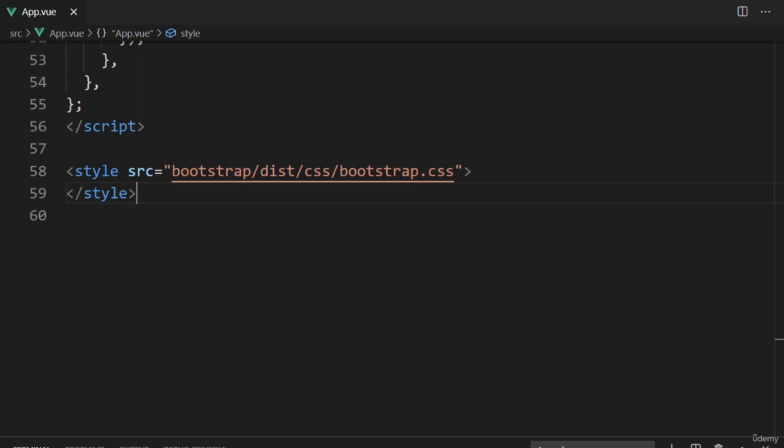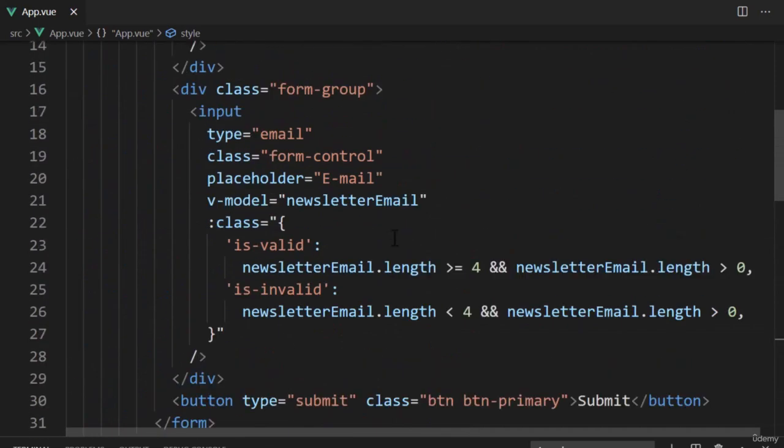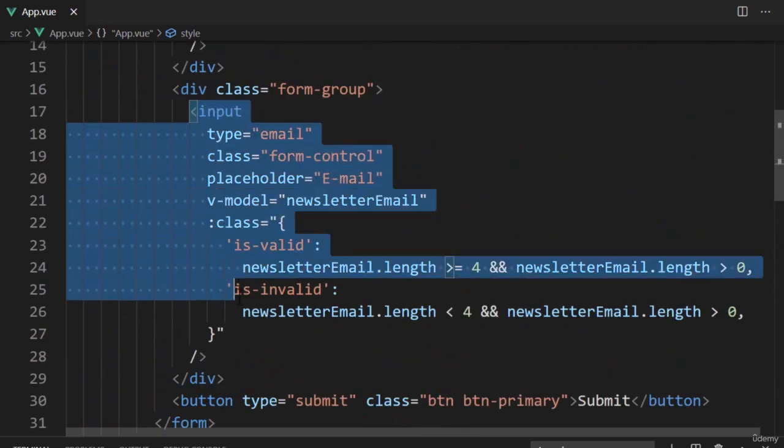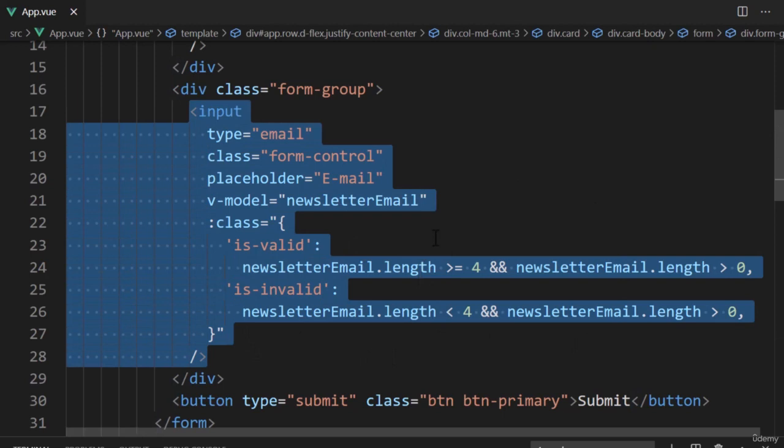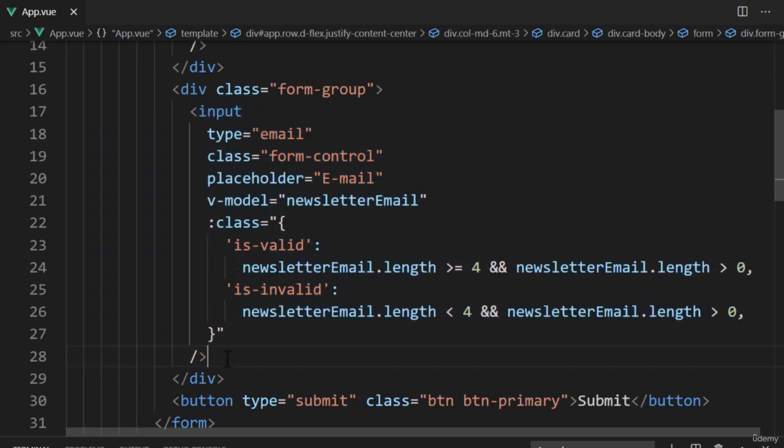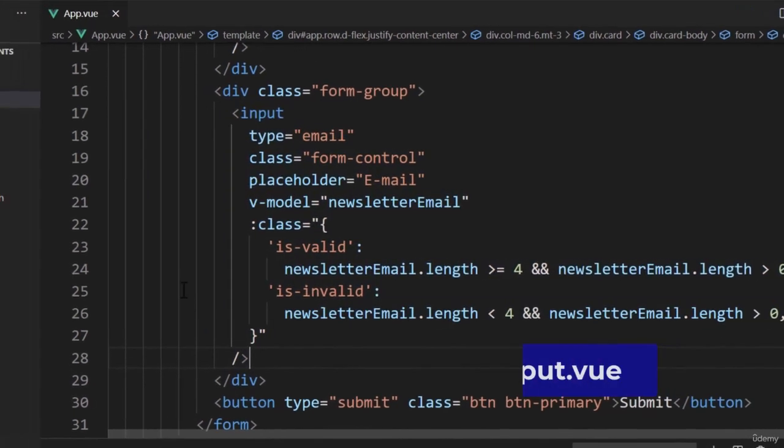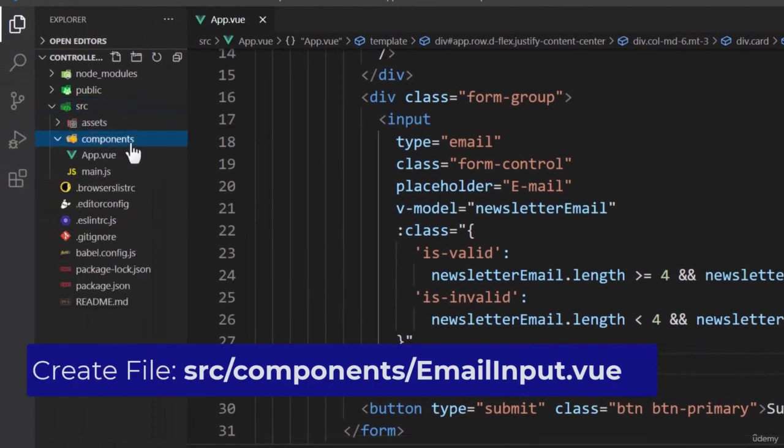Alright, let's create a controlled component. We're going to convert the input for the email to a controlled component. An email is a common field for a lot of forms. It's perfectly reasonable to assume we'll need to validate an email in every situation. Therefore, we'll move the input into a separate component. We want the component to be reusable. In the components directory, create a